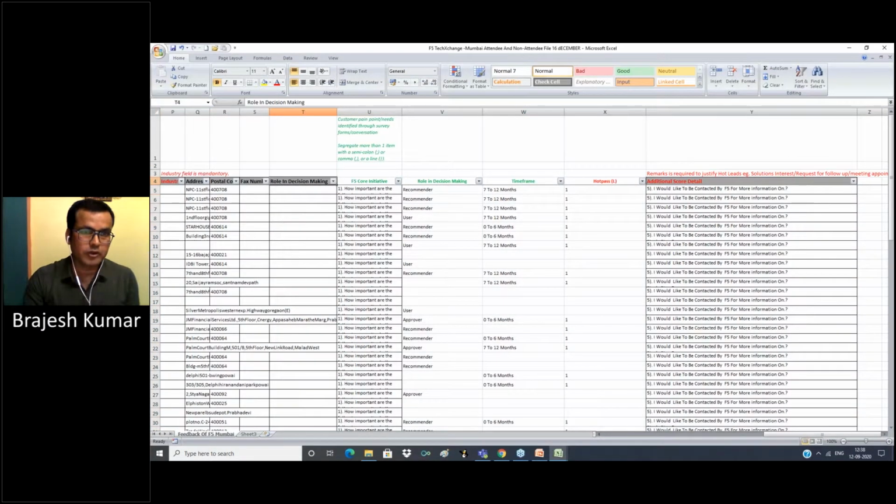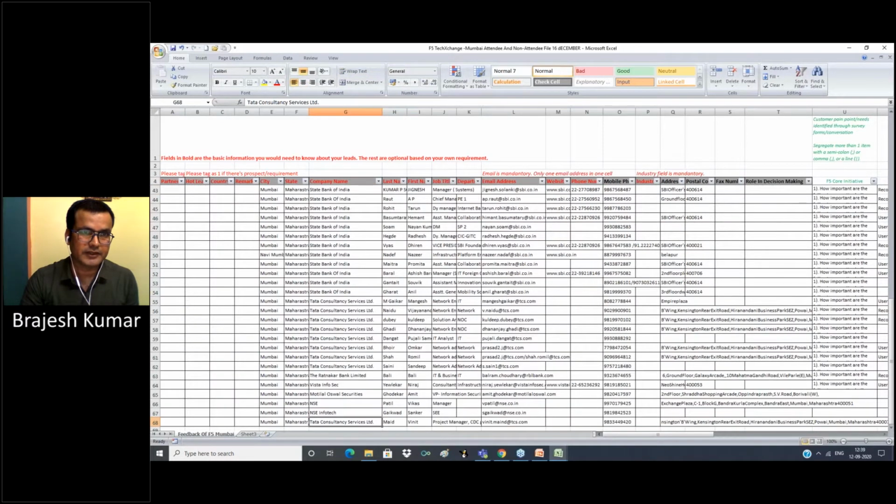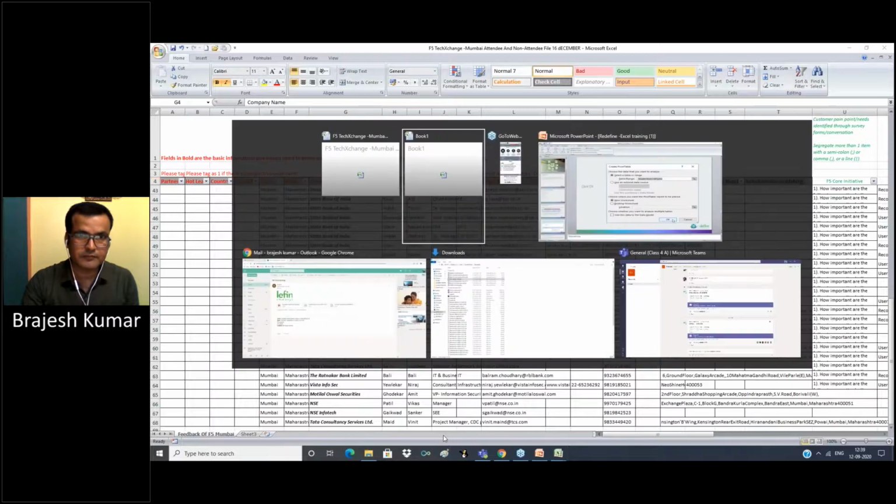To bold, use Control B to bold our data. For italic, Control I. There are many shortcut keys, but we can't discuss 200 or 300 shortcuts in this session. So we show some.